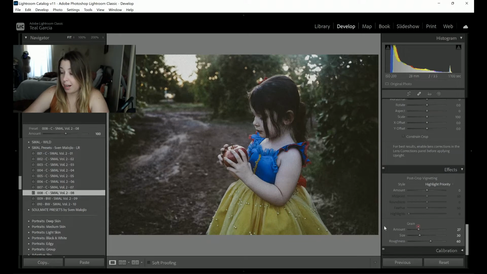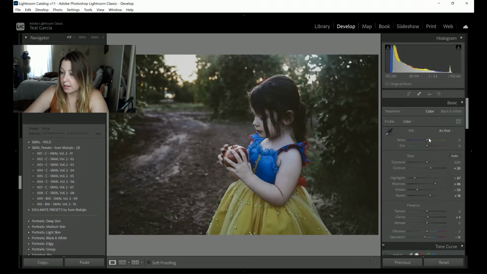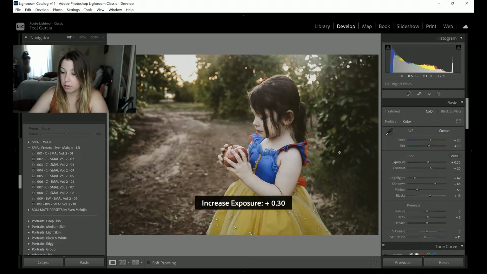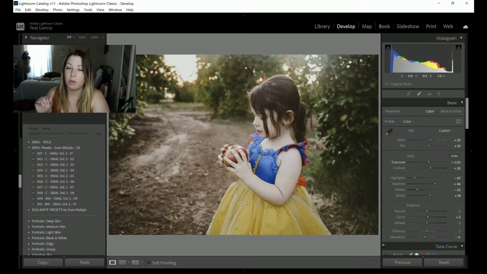I'm gonna take away the grain first of all. Let's see, and then I'm gonna warm up the whole picture. Not crazy, but, and I'm gonna bump the magentas up. I'm gonna up the exposure a little bit also. So pretty. Okay, so I like how she looks. So what I'm gonna do,